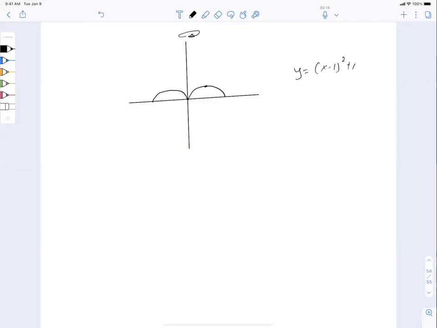So consider the following case. Suppose you have a function, or a part of a function, that looks like this. This could be very simple, like part of a parabola, say y equals (x minus 1) squared plus 1. So this is the vertex of the parabola, and that's what it looks like. And suppose I'm rotating it about the y-axis. What would happen when I do the rotation? It's going to look something like